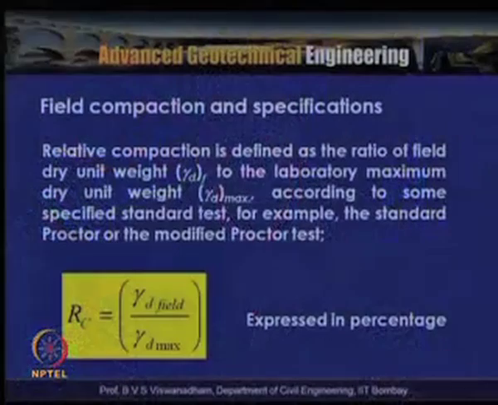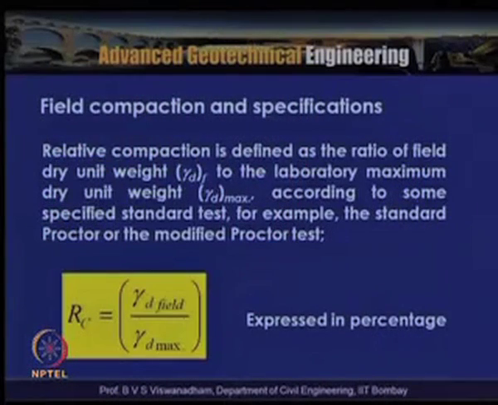If you want adequate compaction, we will say that 70% relative density or 80% relative density has to be achieved. Or, especially for fine grained soils, the relative compaction is used. Relative compaction is nothing but the ratio of the dry unit weight of the soil in the field to the maximum dry unit weight of the soil obtained in the laboratory.